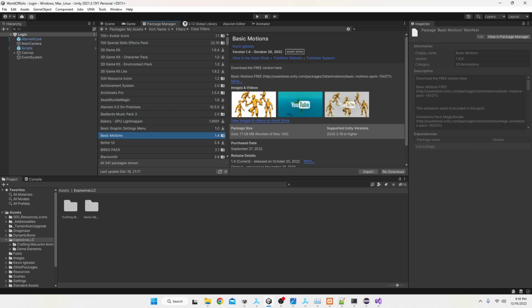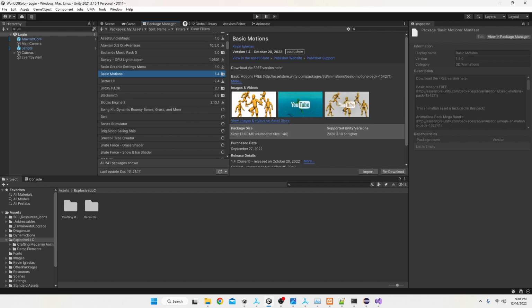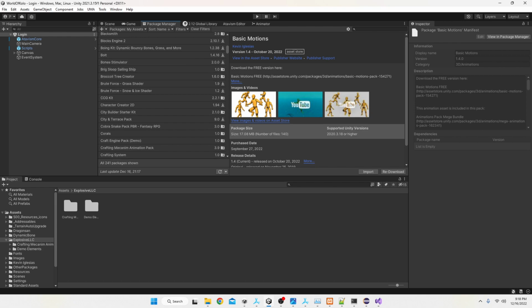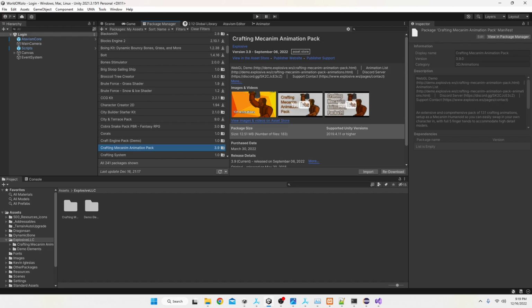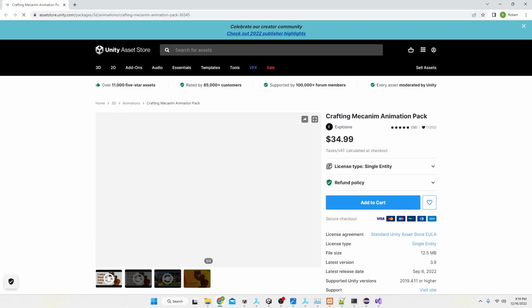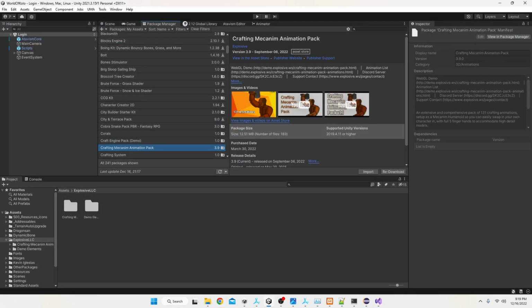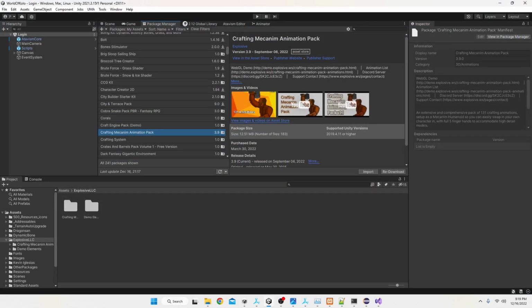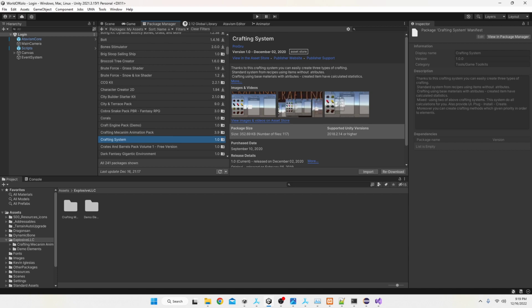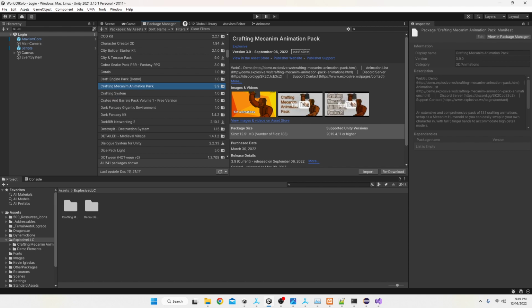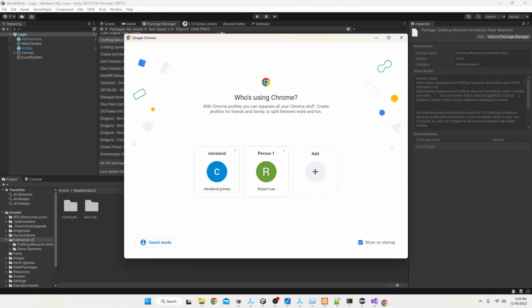Yeah, that one there. So we're looking for the explosive LLC crafting ones. Was this free? Because I know I got a couple on here that were completely free. That one was another kind of expensive one. Yeah, I got some in here that are free. I just can't remember which ones. I'll have to go through here. I don't want you thinking you gotta pay for any of them. I will try to pull up some of the free ones, but you can also just get in there and